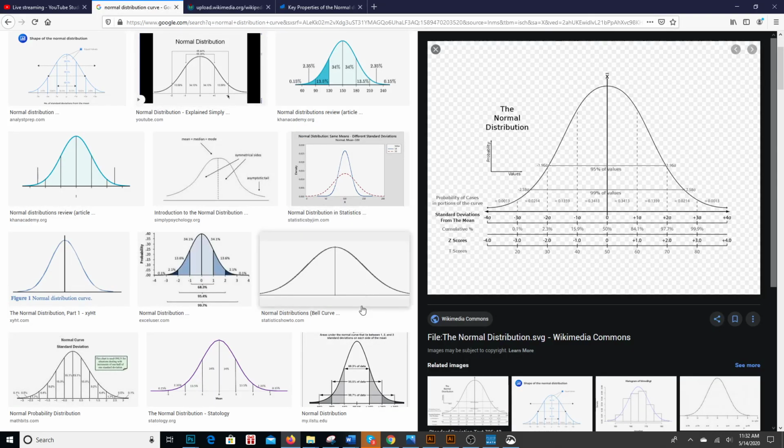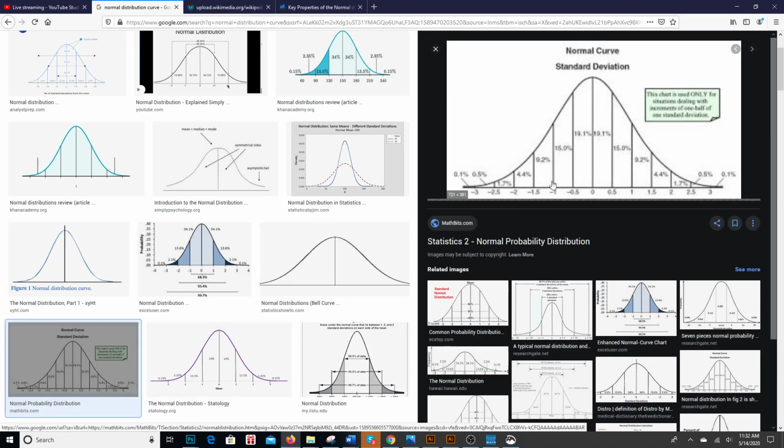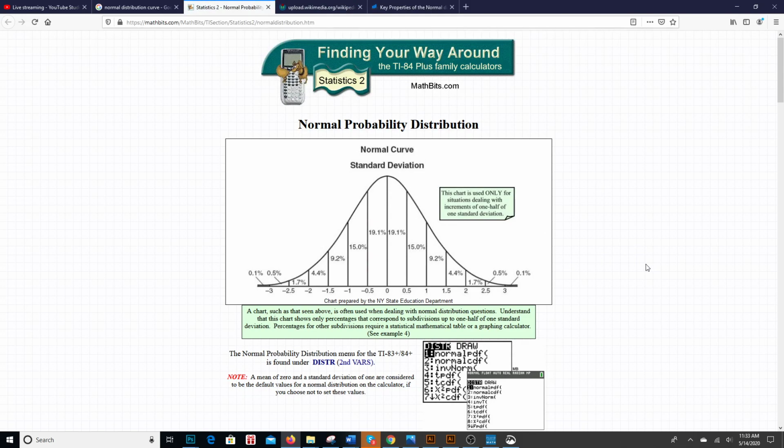Let me find a better normal curve distribution that you guys can see a little bit better. Here we go. This is better. Okay, this one's a little bit better. All right, so at 0.5, I'm circling with the mouse, 0.5 in either direction is 19.1. So we have to add those two probabilities up, and then from there we have to